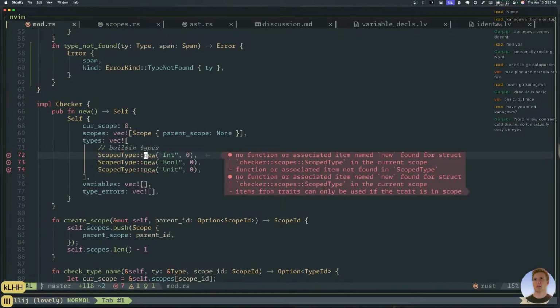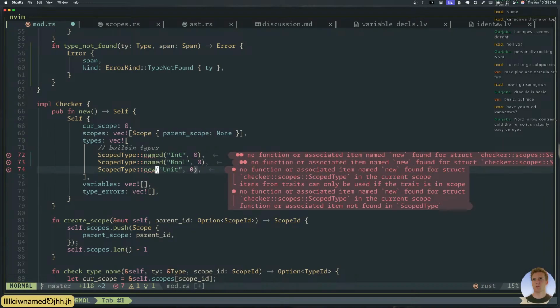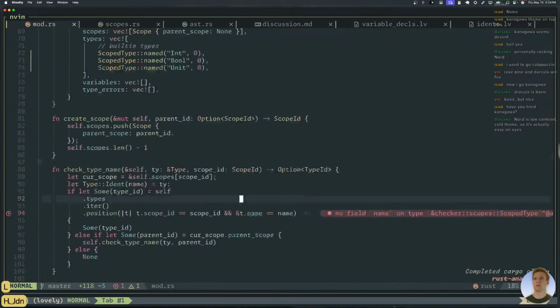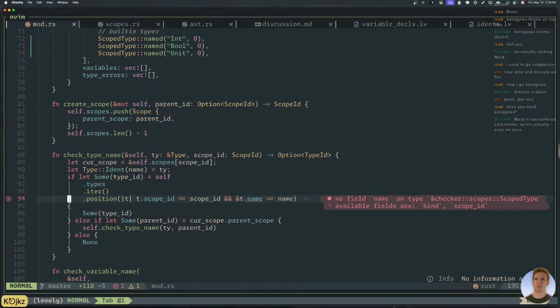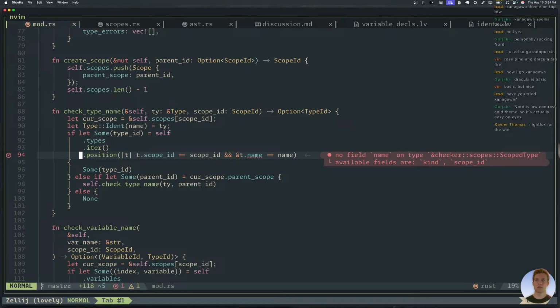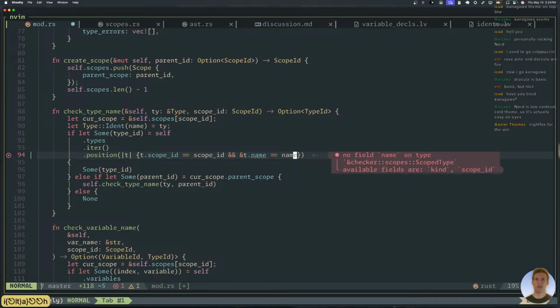No, I'm not trying to build new. All right, and then here, this is a little different. Okay, this needs to get more complicated.